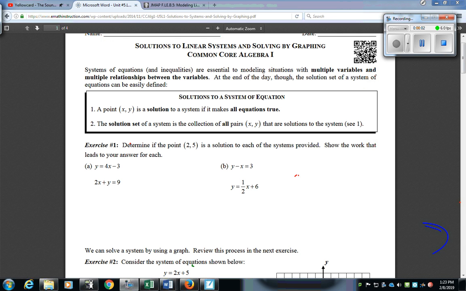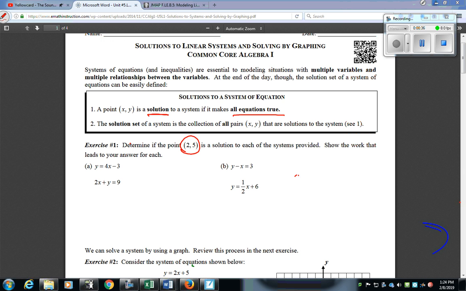We're going to be talking about how to find solutions to linear systems, and we're also going to get into graphing linear systems. So pretty much the first part of this assignment talks about how to determine solutions, and solutions make the equations true. And a solution set would just be any pair of numbers, a coordinate, that could be a solution to the system. So if you look at exercise 1, they want us to determine if (2, 5) is